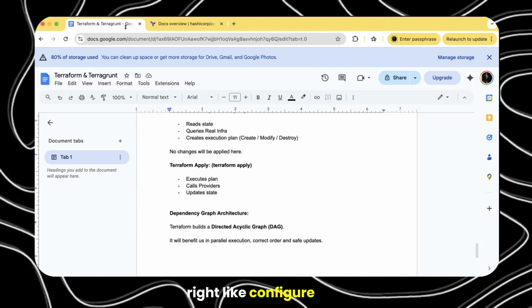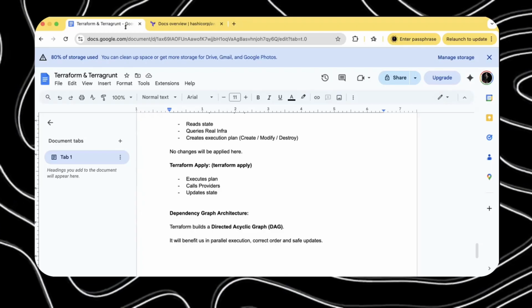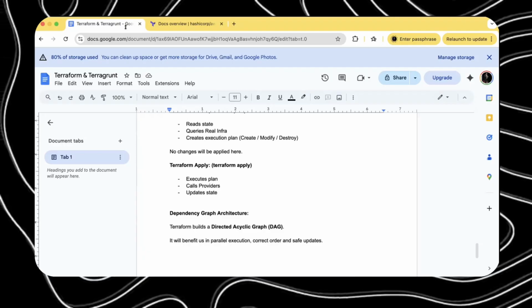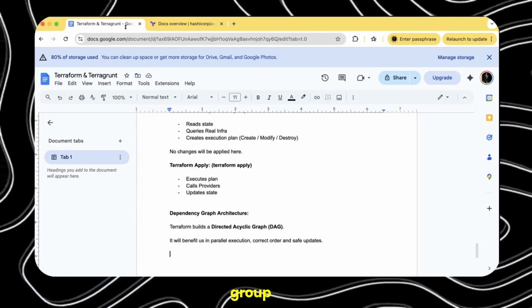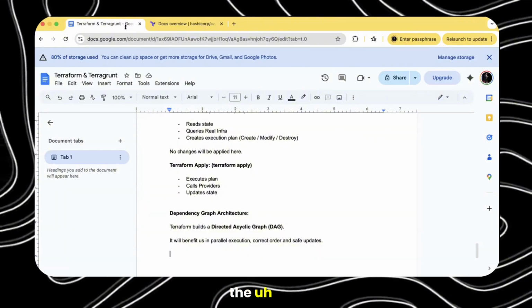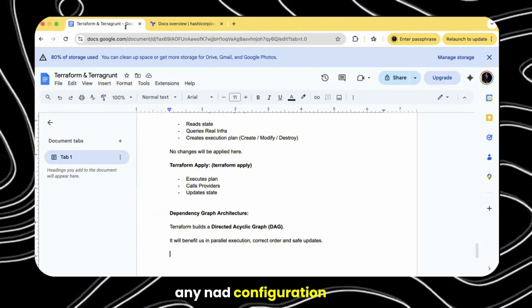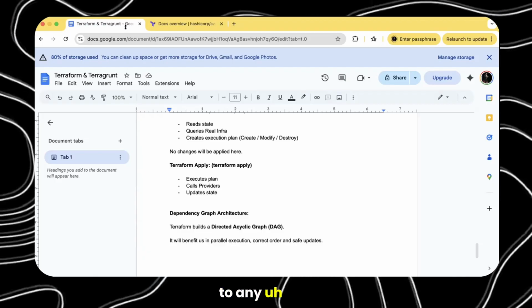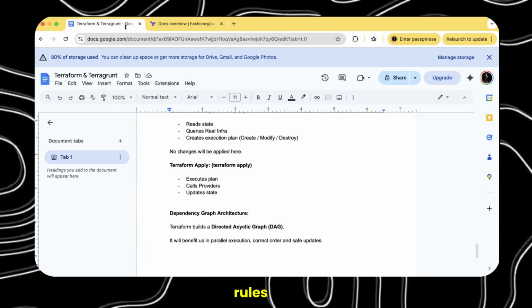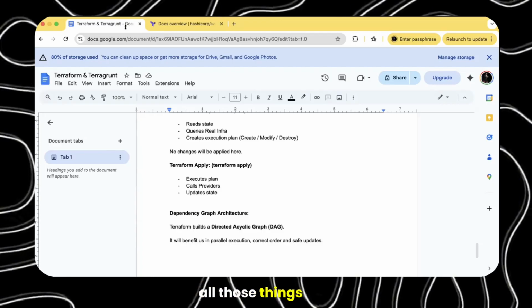Configure the subnets. Exactly. Configure the subnet. Then you will have a security group. You will have any NAT configuration, the rules, the target groups, and other things. All those things you configure.